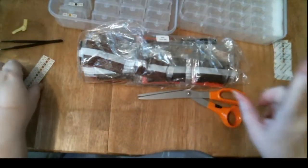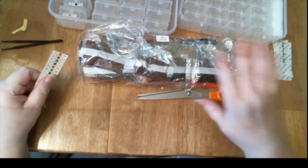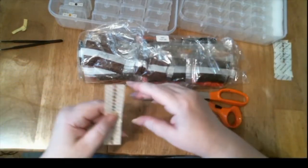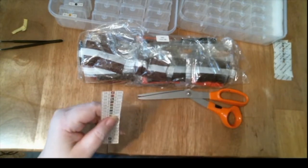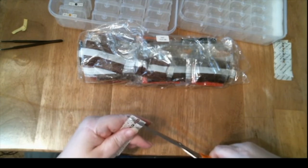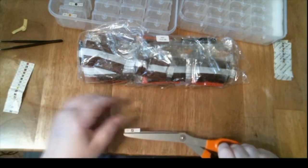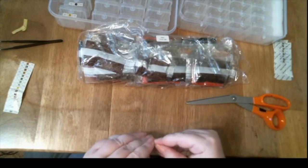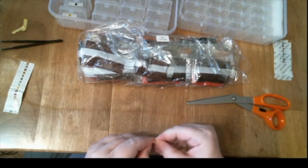I keep them in numerical order first because that's how I will empty the trays. It's easier to find the DMC number than it is to find the symbol. And then go through all that. And I want to know what colors I've got. So,